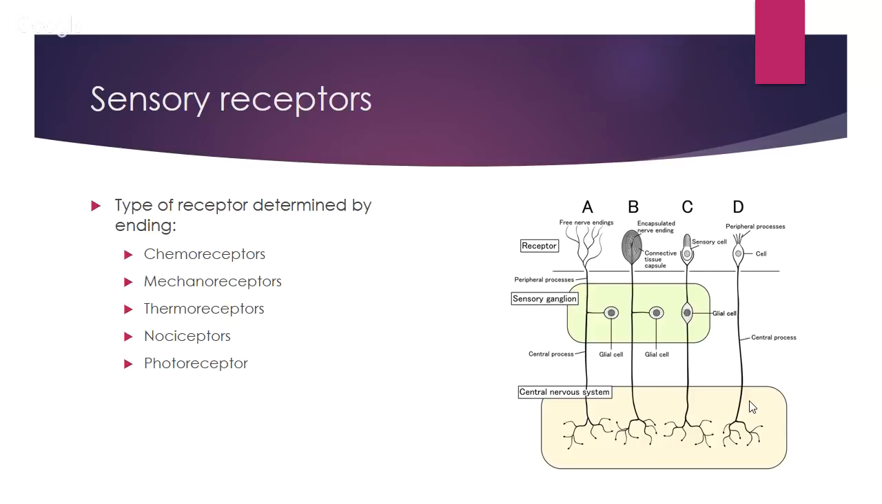So the type of neuron and the type of information that neuron conveys is based on the ending. You've got free nerve endings, you've got different types of receptors, which I'll go into in a little bit. You've got chemoreceptors, mechanoreceptors, thermoreceptors, nociceptors, which are for pain, and photoreceptors for light. And one thing to notice here, like I mentioned much earlier on, is the location of that cell body. It's off in the middle over there, which makes a bit more sense when you think about organization of